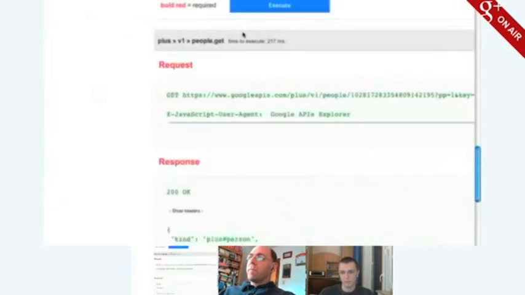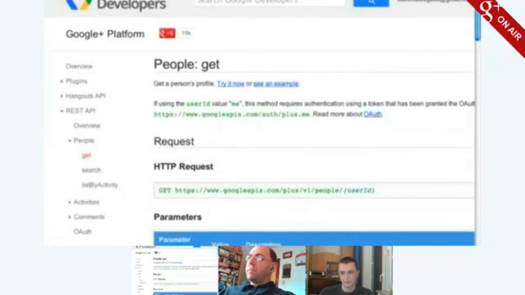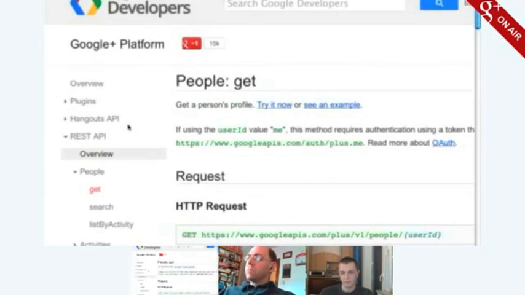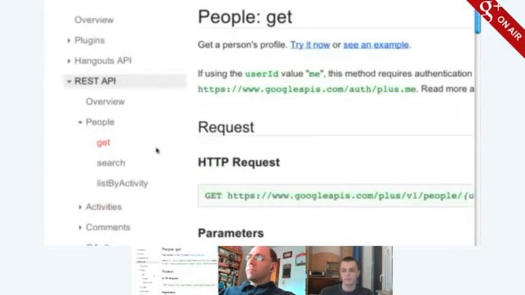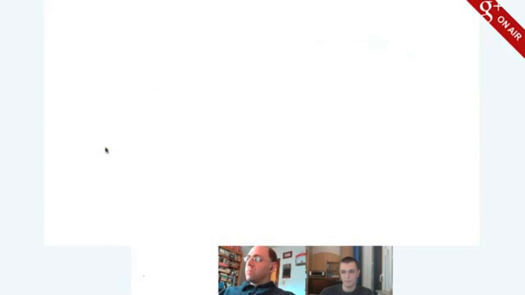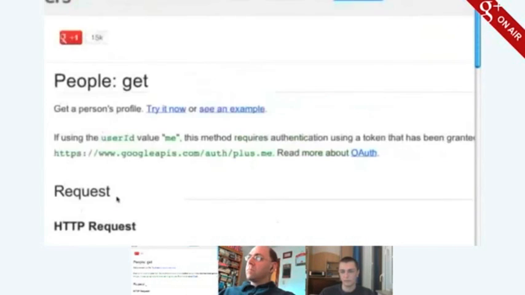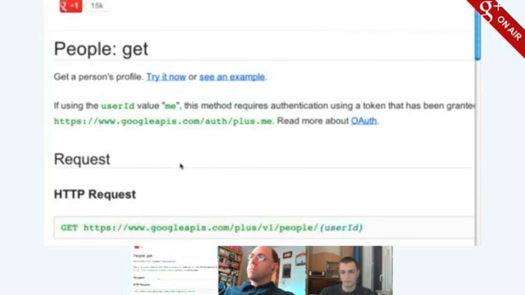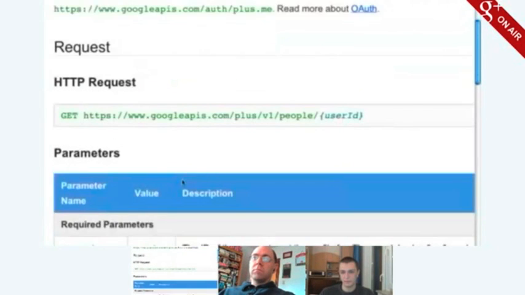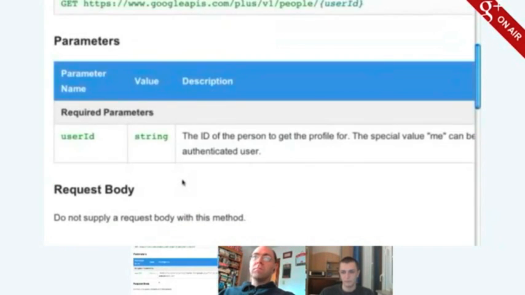Here are the reference docs. If you just go to developers.google.com/plus/API, you'll land here. Let me zoom in so you can see a little better. They're organized in kind of the way you'd expect, by entity, and within each entity we list the methods you can run. So we're going to look at people get because it's a really simple one. And when you get here, you'll see the kind of stuff you would expect. You'll see the structure of the URL because it's a RESTful API, the list of the parameters,